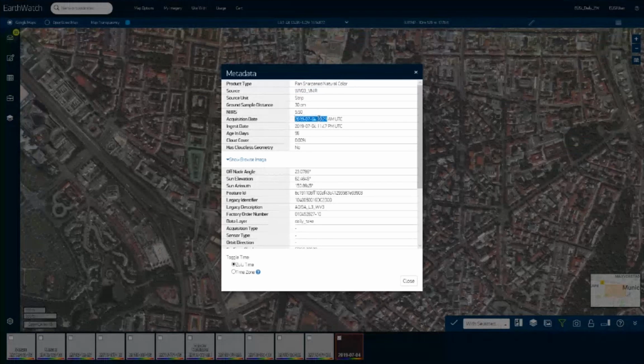Acquired on 4th of July 2019, ingested a few hours later the same day. Here I have the angles, so the off-nadir angle, which is 23 degrees. The information about the sun elevation and the sun azimuth, the cat ID, and some more information.